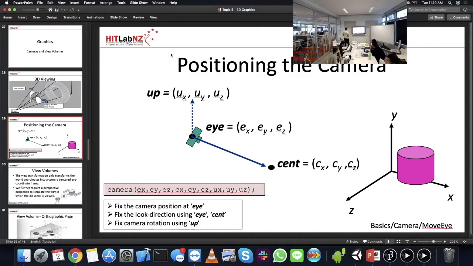So let's have a little look at this camera function. The camera function takes 9 arguments. The first 3 are what's known as the eye position, and that is the position of the camera. So is it here, is it there, is it wherever? The next three